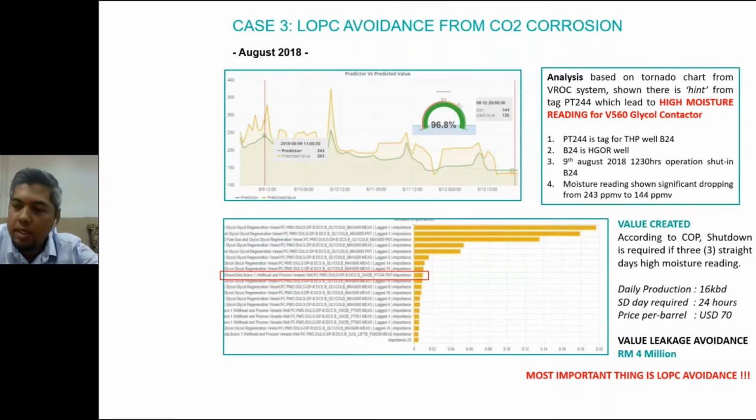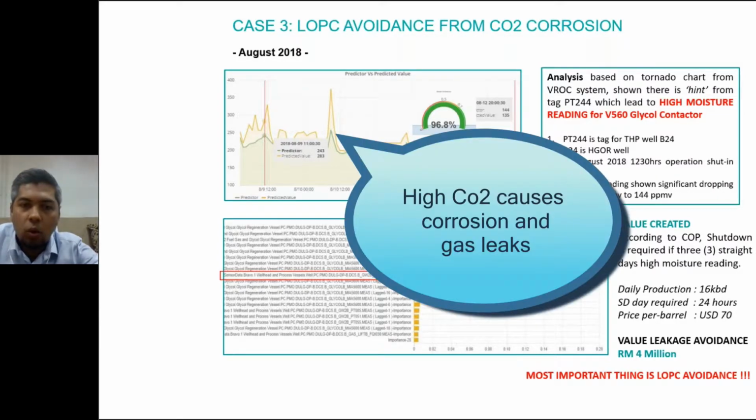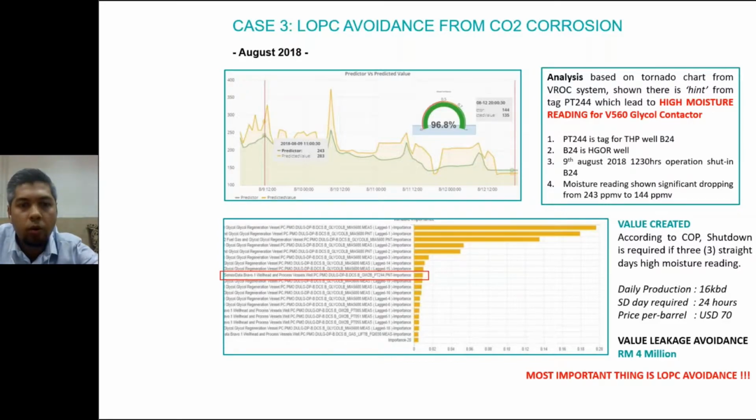Case number 3 is an LOPC avoidance. LOPC stands for loss of primary containment, or in layman's terms we call it leaks, gas leaks. So Dulang platform has a very high CO2 content in its hydrocarbon, and when you have this CO2 content, the